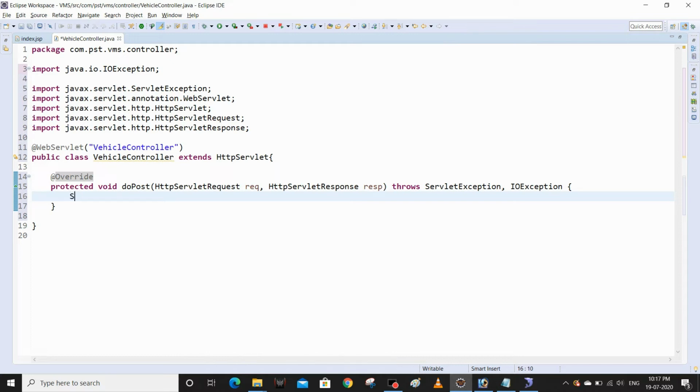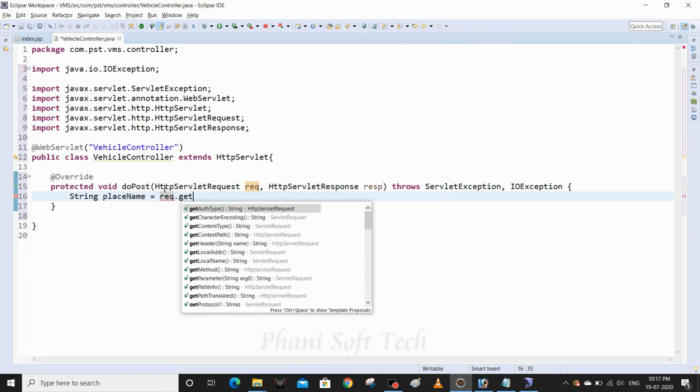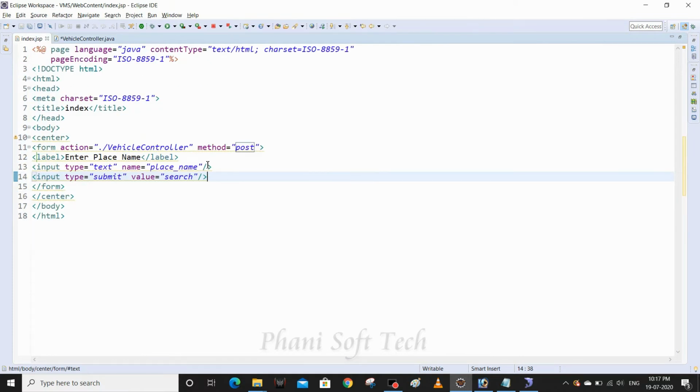That's what I'm going to do. I'm going to take the value of the text box, String placeName equals, so how will we get the value, request dot getParameter. The name of the text box is place underscore name.